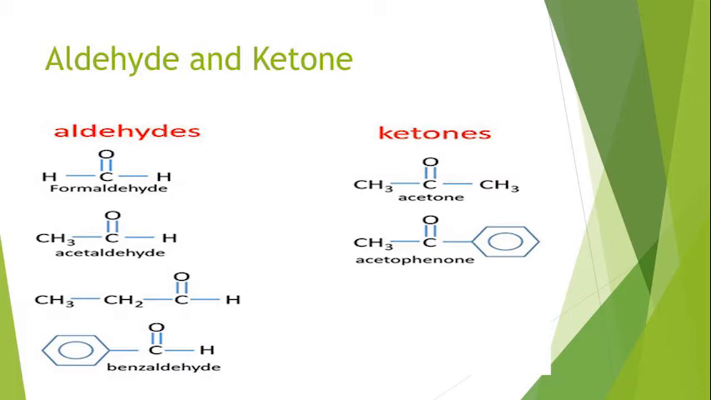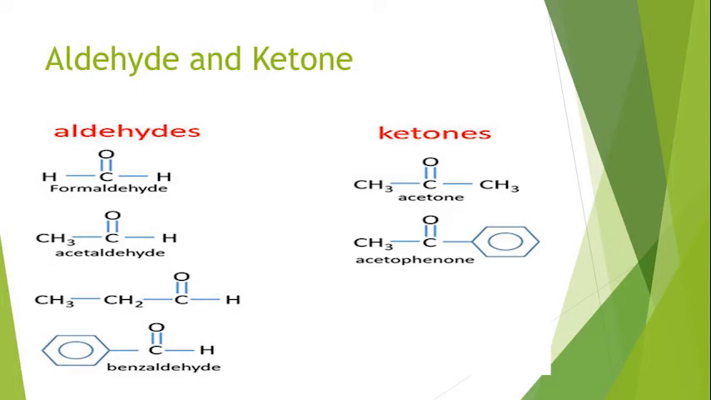Now we will see ketones. Ketones are the group in which carbonyl group is attached on both sides with alkyl group, and both the valencies of carbonyl group are satisfied by carbon atom. Here you see that in acetone, both the valencies of carbonyl carbon are satisfied with 2 alkyl groups,